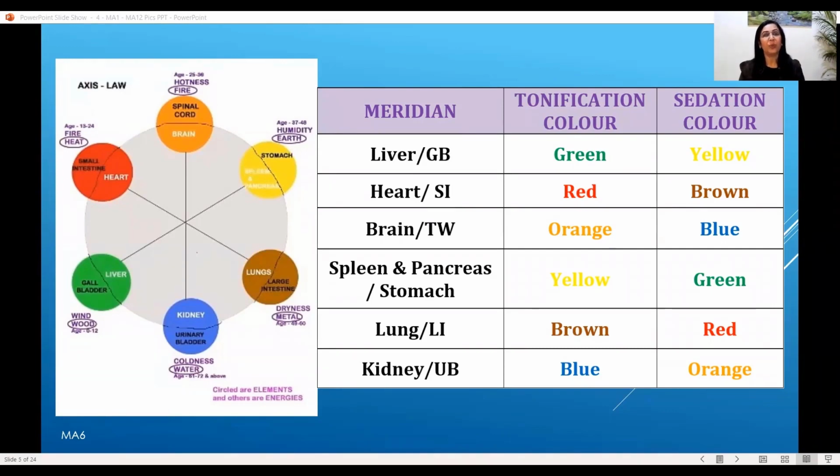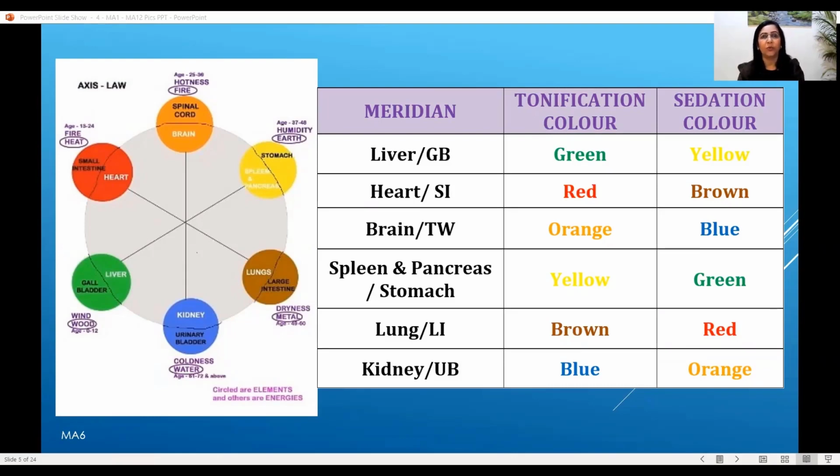Basically, the tonification of any meridian is done by its own color in the axis law, the same color that is depicting that meridian in the axis law. But when we have to sedate, then we have to use the color which is in axis to that color,